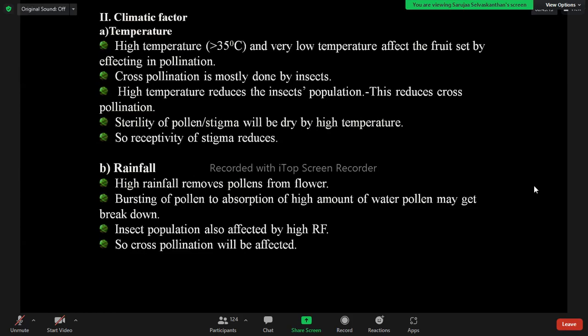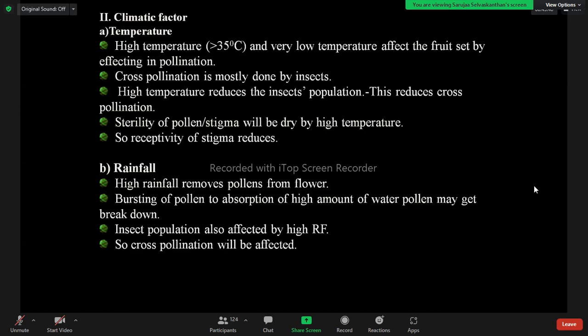As we discussed earlier, cross-pollination needs an agent, most of the time insects. Bees or other insects are the carriers of pollen, so cross-pollination is facilitated by insects. High temperature reduces the insect population,